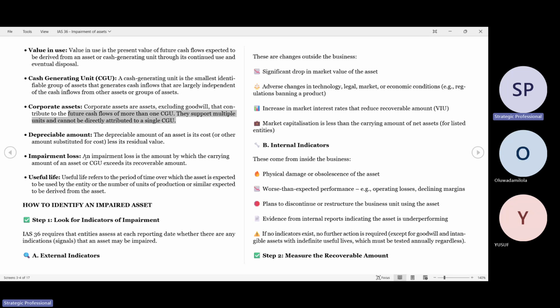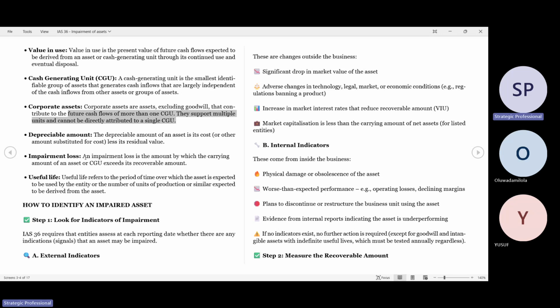What does it mean? It means that you have overstated the value of that asset. And your financial statement or your financial information must be faithfully represented. So in order for you to do that, you need to adjust it to reflect the current economic reality of that asset. That is the whole purpose of impairment. Why would you be carrying an asset at more than the market value or more than the amount you are expected to realize from that asset? Makes no sense. So you need to ensure that what is reflecting in your financial statement shows the true economic reality of that asset.